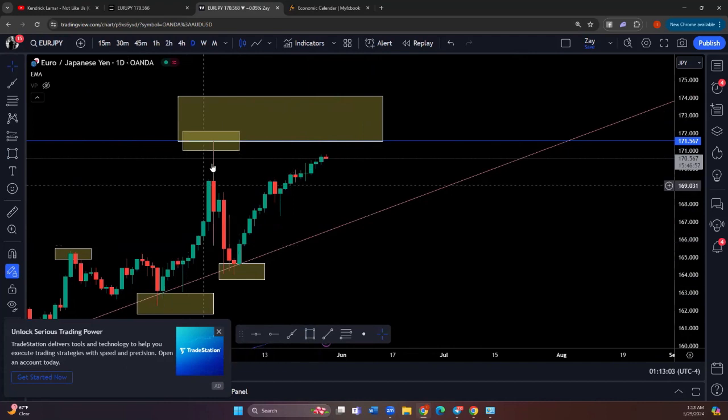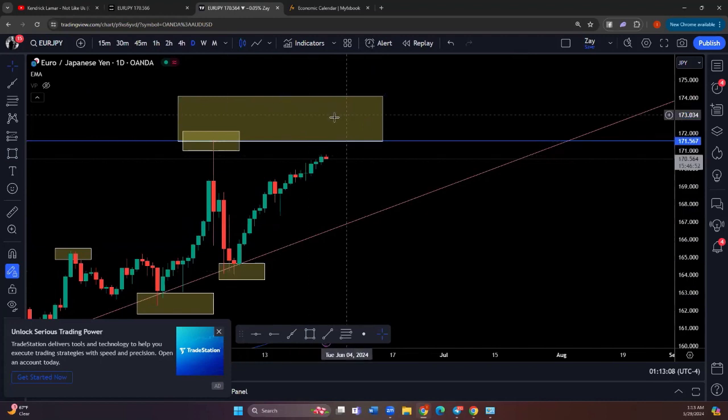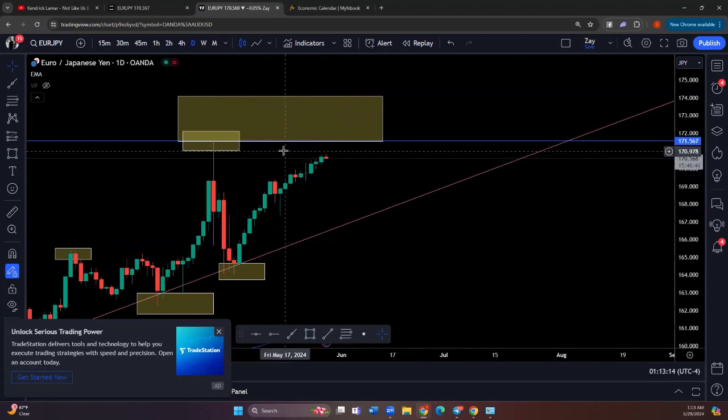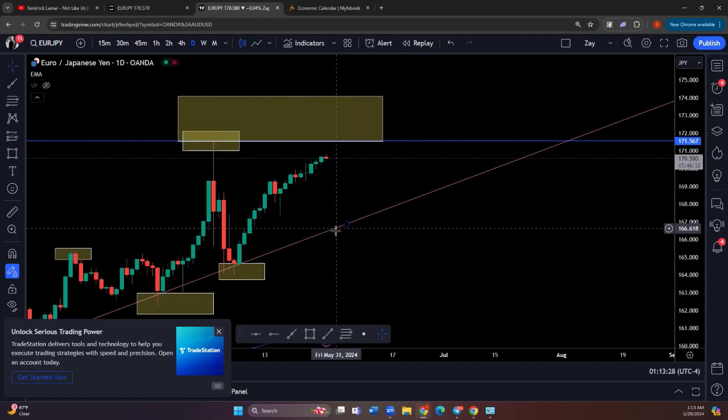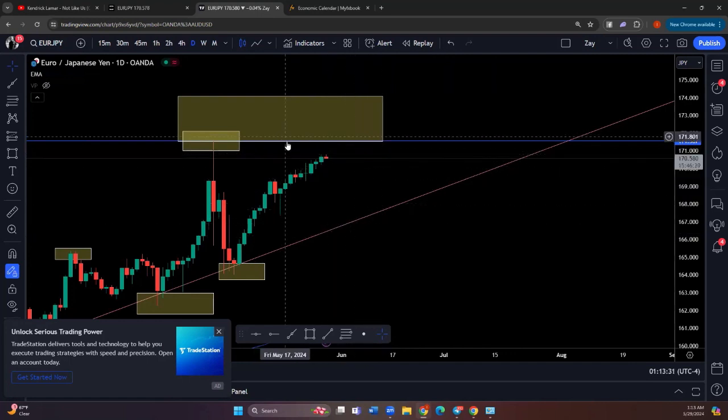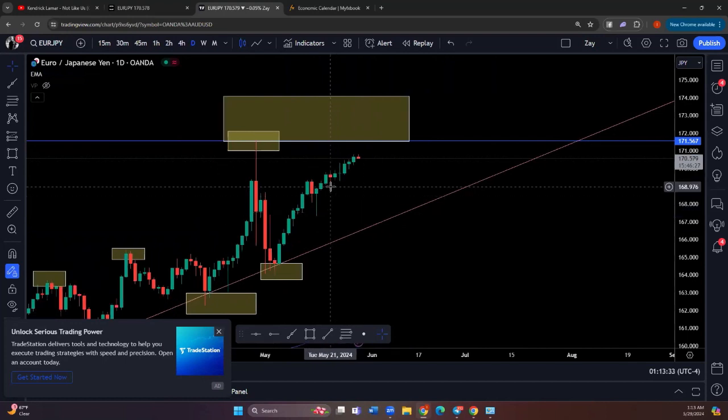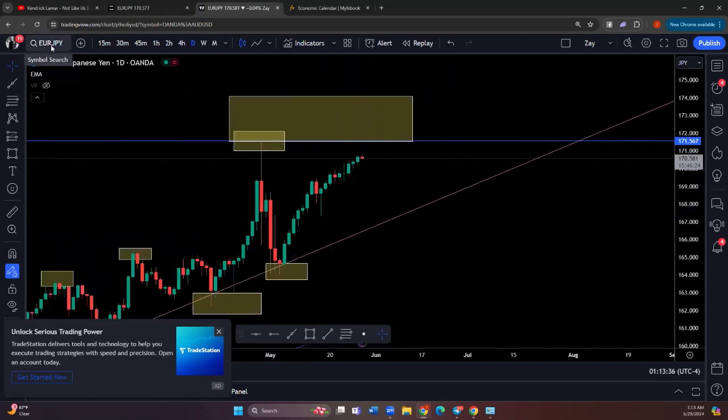You don't have that high yet to put your fib. We already put a fib from here to here, but we have nowhere to put a fib from here to, because we don't have that new high yet. So I would just be waiting to see what the market's gonna do. Hopefully EJ continues to push up. I hope it does. That'll be good for us, because that means Euro will continue to be strong. That way it can push EA up and we can hit TPs and get out of that. But anything can happen. It could draw back and create a new higher low, but if it does that, then we might be seeing a trend change. But that's for EJ. So for me, I don't see anything right now on EJ.